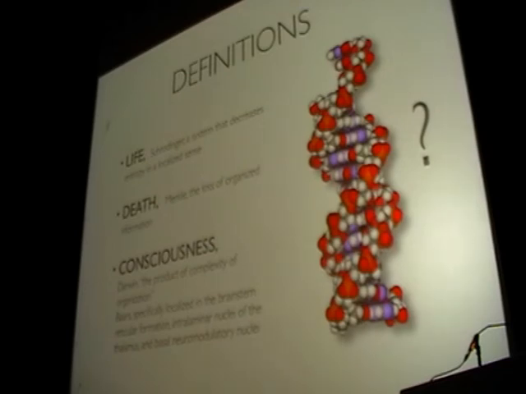I agree with Dr. Yin's perspective that entropy increases along the axis of time, but Schrödinger, who proposed a definition for life as a system that decreases entropy in a localized sense, is speaking according to the axis of environment rather than time. The definition for death, we kind of adhere to